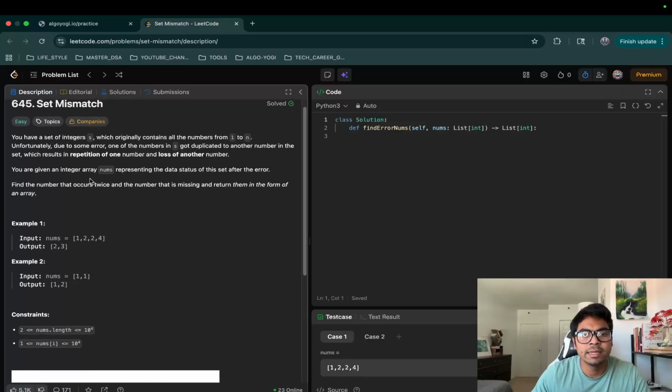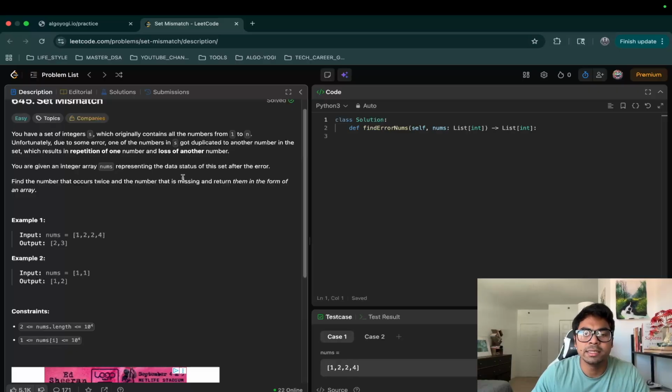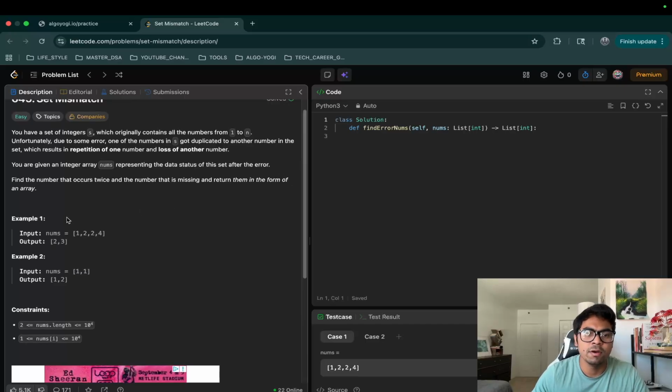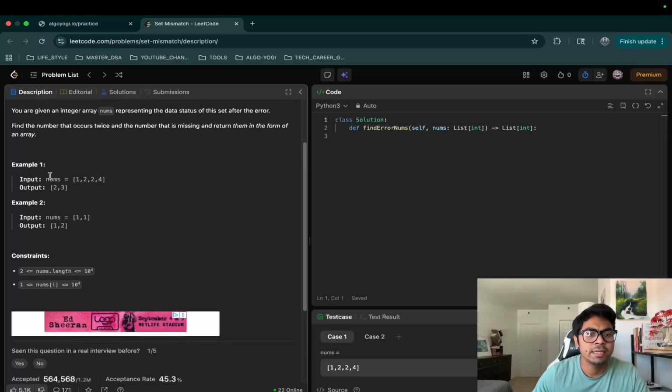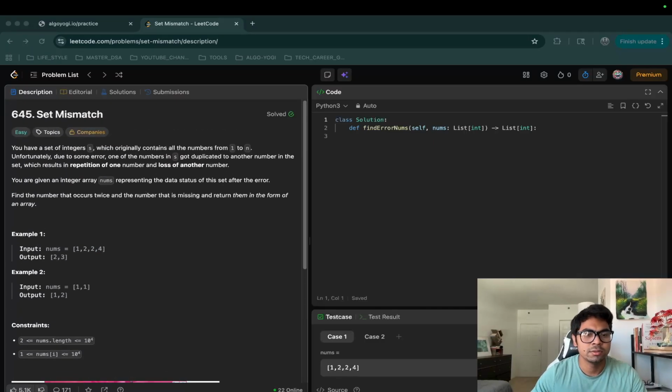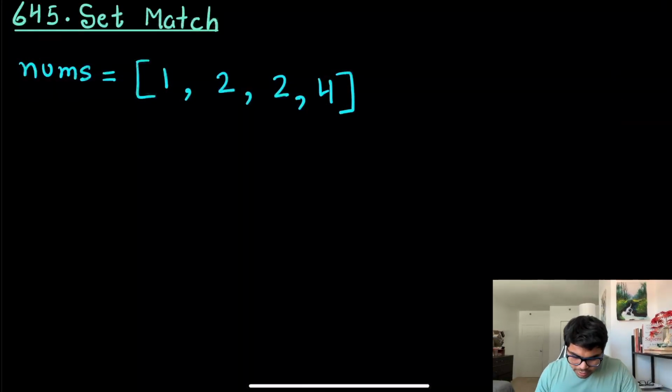You are given an integer array nums representing the data status of this set after the error. Find the number that occurs twice and the number that is missing. Return them in this form, basically the array form. So here in the first example, I'll just switch the view. So in this example,